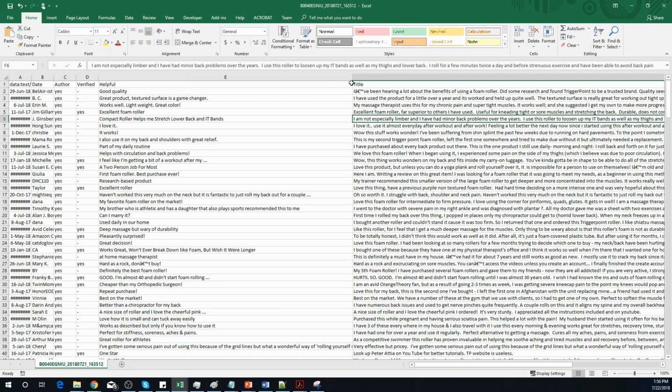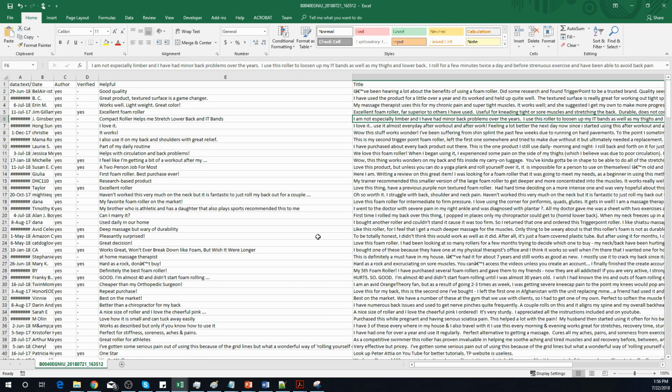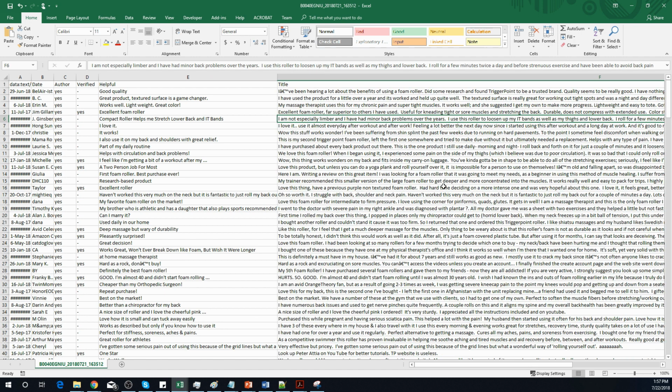And so we get this spreadsheet of everything. And so this is the first step in the two-step process, right? We have all the reviews really in the palm of our hands. Now we need to be able to analyze these reviews, right? Now we still don't have the time nor the effort to go through and read all of these reviews, right? We need to make sense of this wealth of information that we have right here in this one